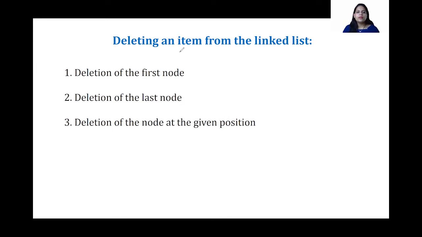So we are going to learn deleting an item from the linked list. When it comes to deleting an item from the linked list, we can do it in three ways. Okay, so the node which we want to delete can be the first node. Okay, and also it can be the last node, and also we can delete a node anywhere in a given position. If a person wants to delete a node in between the linked list, then that also we can perform. So let us go ahead and see how can we do that. So let us see these algorithms one by one.